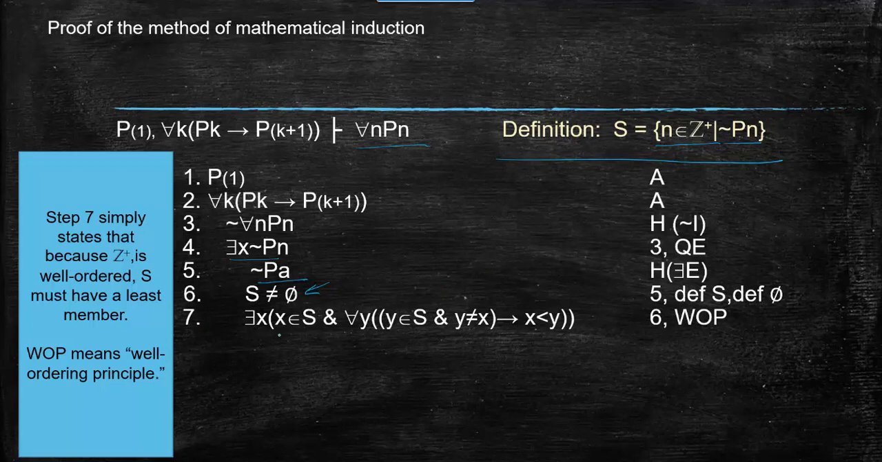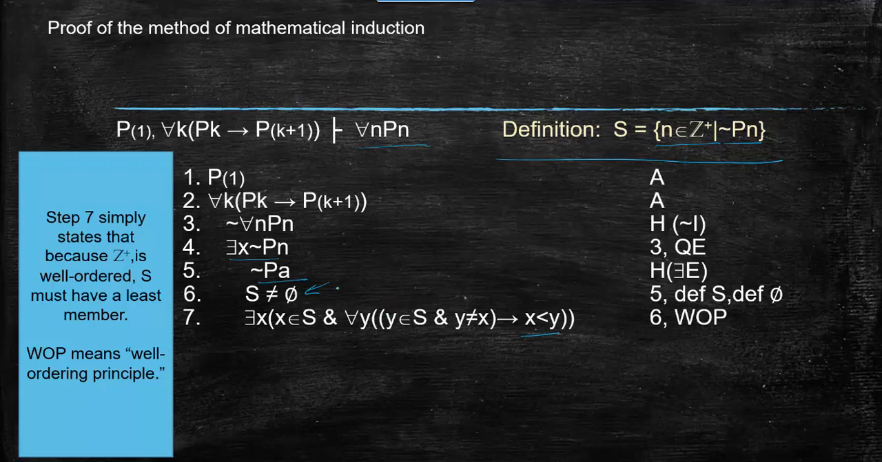So on line 7, we say we're entitled to conclude from the fact that S is not identical to the null set that there exists some x such that x is an element of S, and for all y, if y is an element of x and y is not identical to x, then x is less than y. Now what this basically is just saying is that the set S, which is a subset of the positive integers,